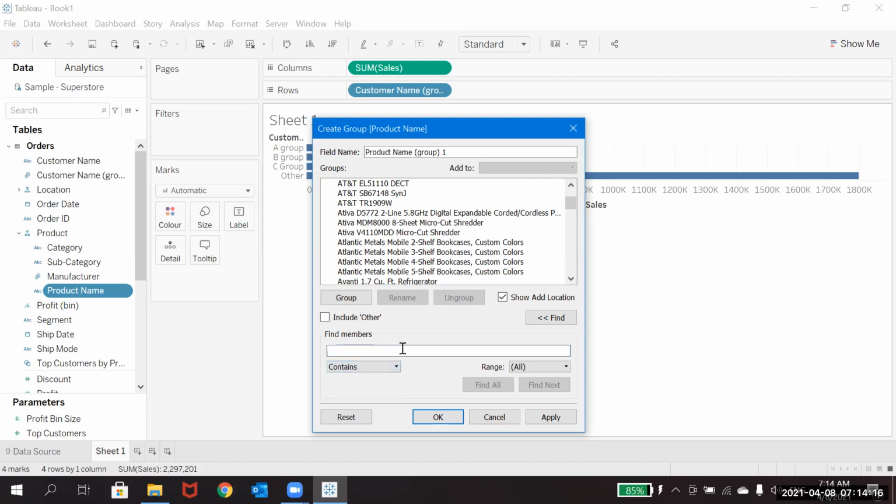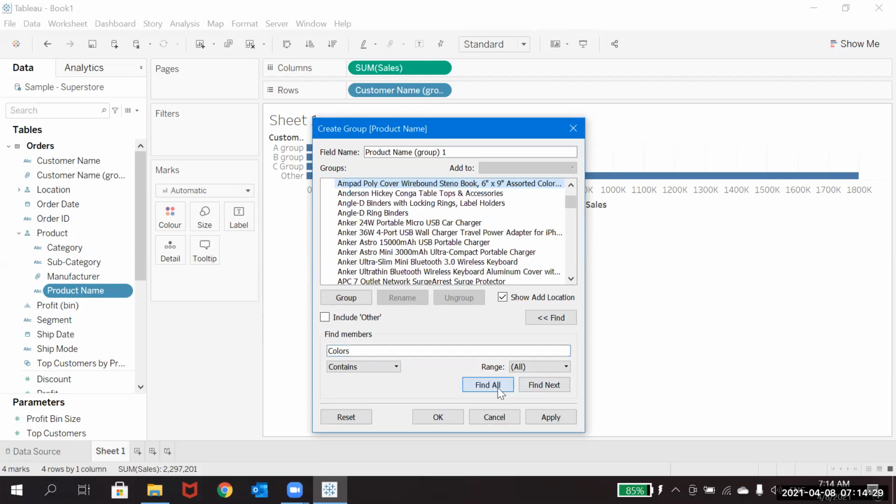What I'll do here is Contains, maybe I'll keep colors. I'll just click on Find all. So wherever this word colors is available, it will just highlight everything in this complete list.